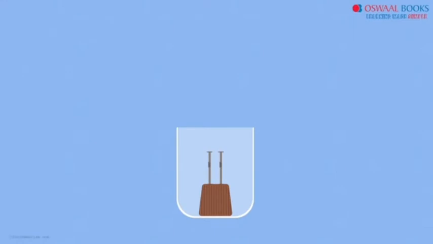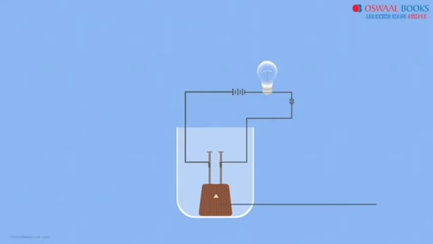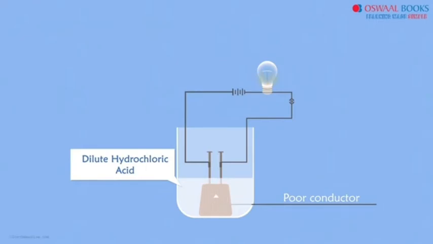And we connect the nails to the two terminals of a battery. We also have a bulb and a switch connected in series. At this point, the loop is not really completed as rubber is a poor conductor of electricity. Now let's add dilute hydrochloric acid to this beaker. What do you notice? You will see that the bulb will start glowing, which means that the current starts flowing